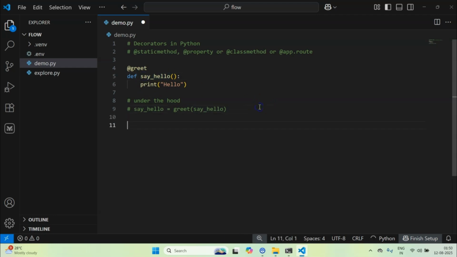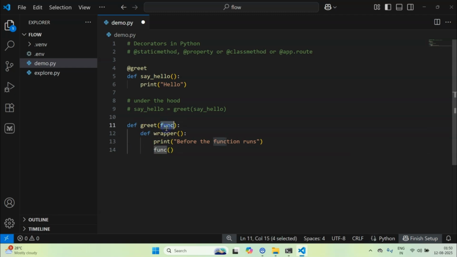So let's try to see what might be going on in the backend of this greet function. This might have been defined something like this. So define greet. Now this greet should take a function as the argument. Now within this greet, there could be a wrapper, and what this wrapper does is, maybe we can print something like before the function runs, and we can run this function.